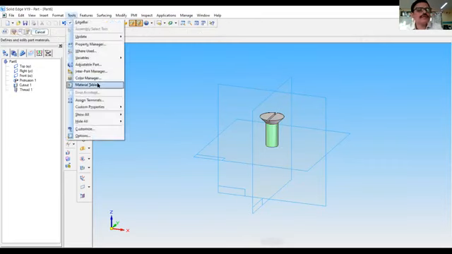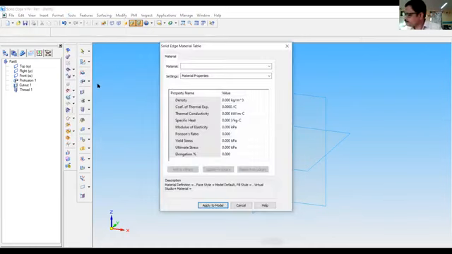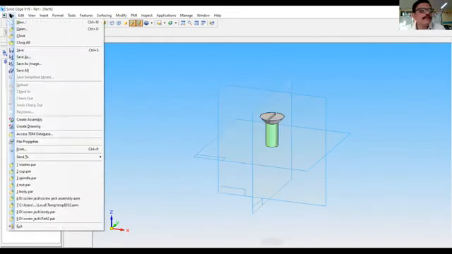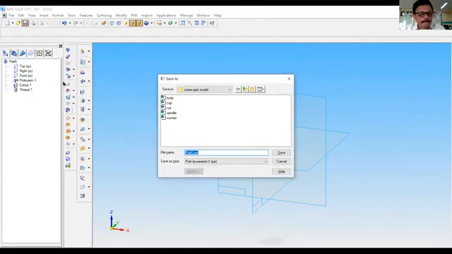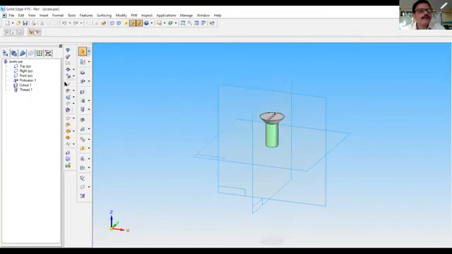Go to tools, add the materials. It is iron. Apply to the model. Go to file and save it. It is called screw.